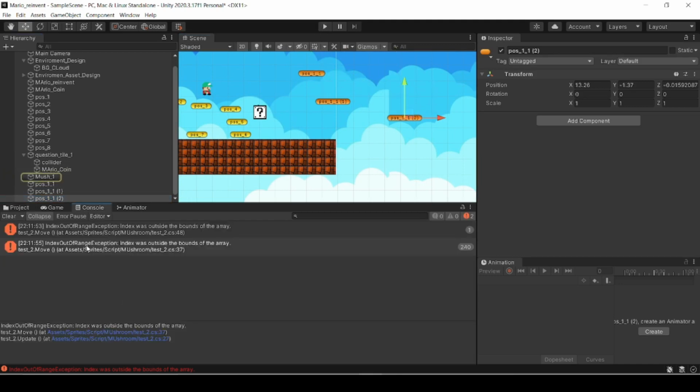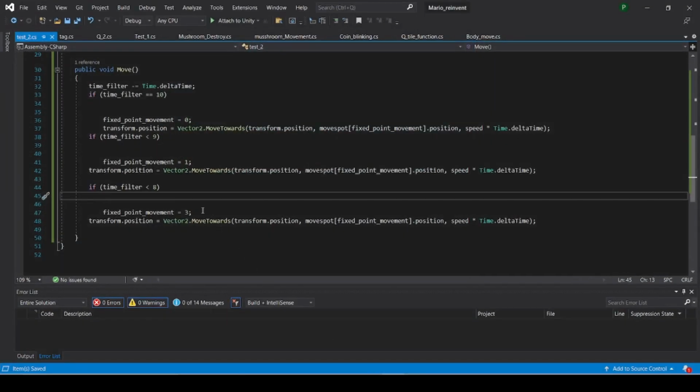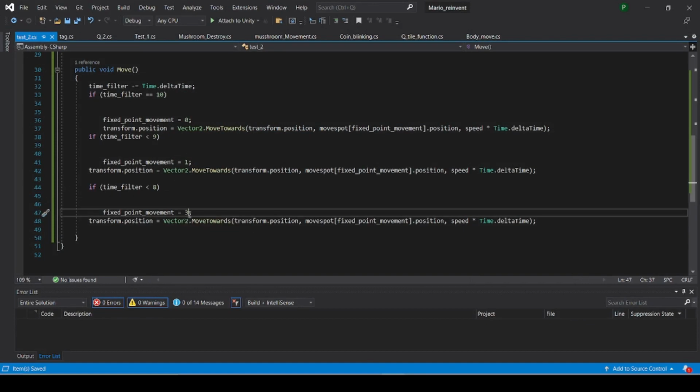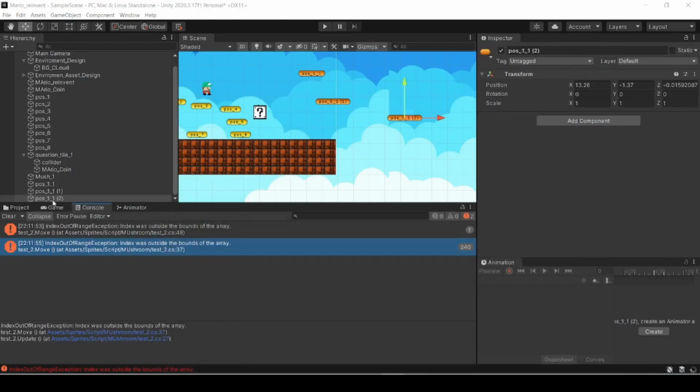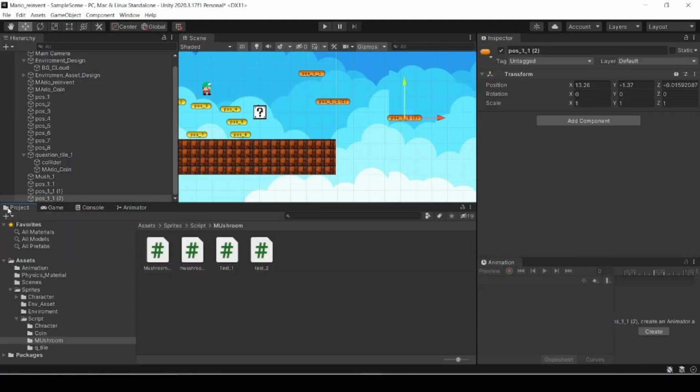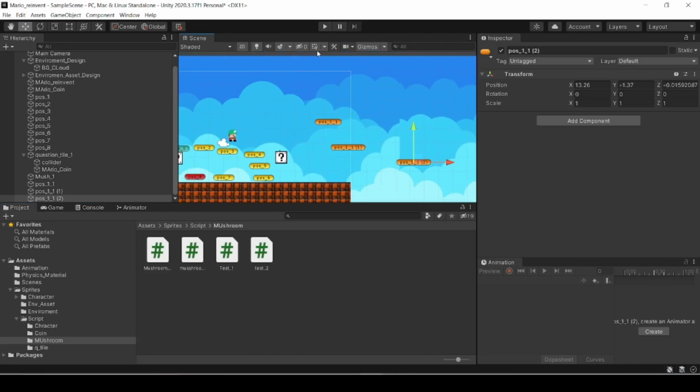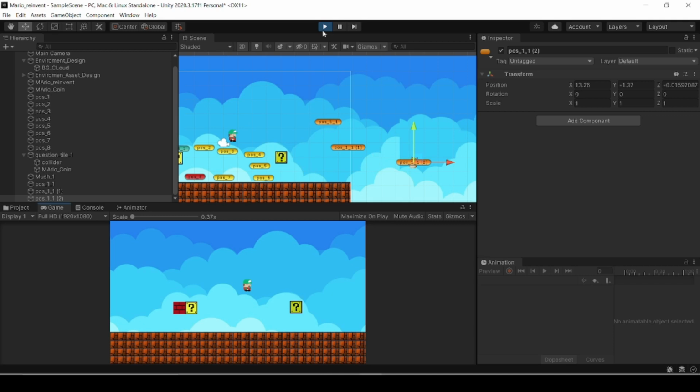Okay, here the error: index out of the array boundary. Okay, what's the problem? We have to put it 1. I put it wrong here. I thought there was no issue regarding this code. Now let's check it. Yeah, it's now working very fine.